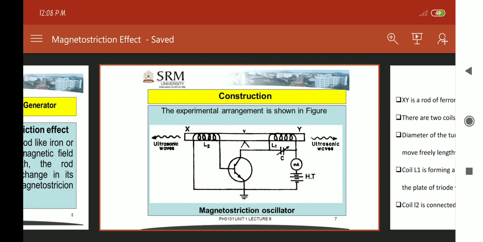Now we discuss the working of the magnetostriction oscillator. Initially, direct current is passed through the circuit using the DC supply.